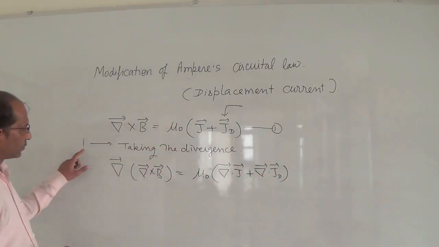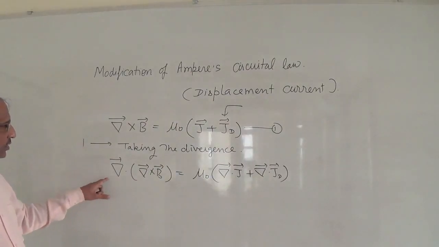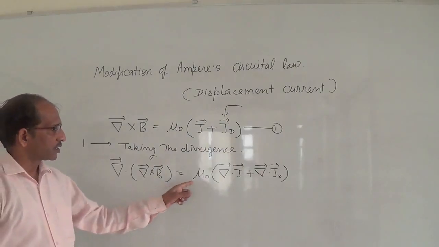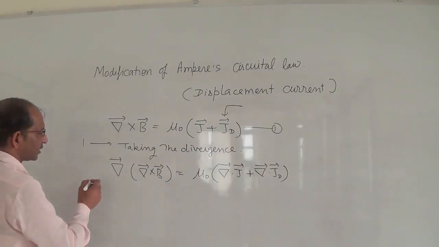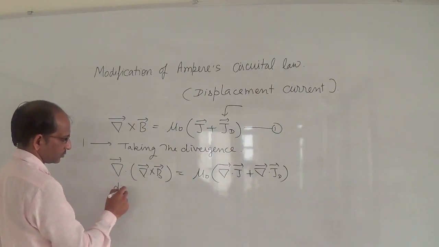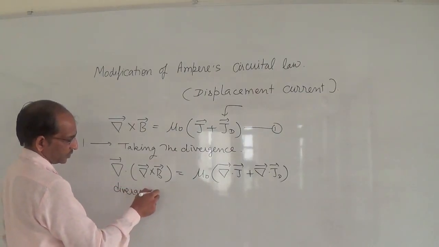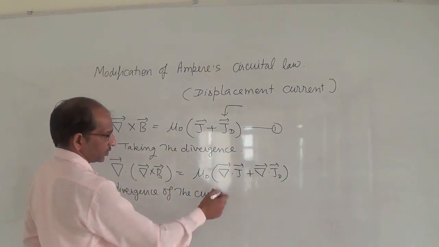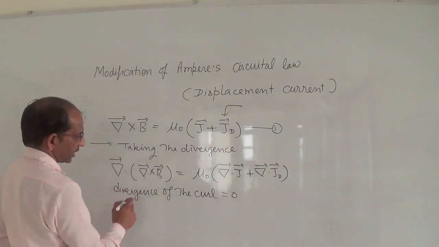So here at the first step, I just took the divergence of the first equation, and as a result I observe this result. And we know that divergence of the curl is 0. So left hand side is 0,